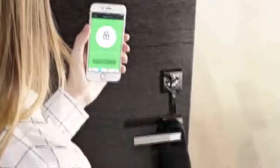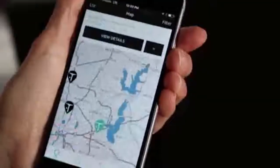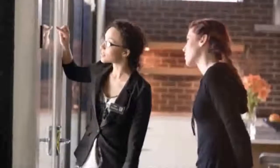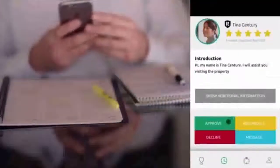And now sellers can have the luxury of viewing detailed profiles of agents and buyers. They can set detailed showing instructions and times, even monitor the location of their keys. For new agents, Tour levels the playing field by giving you an opportunity to meet buyers and sellers face-to-face. For experienced agents, Tour gives you more leverage to win more listings, get more traffic, while working more sides of more deals. All while offering an unparalleled level of customer service to today's client, allowing you to stay relevant as